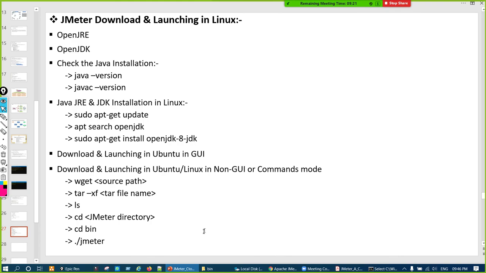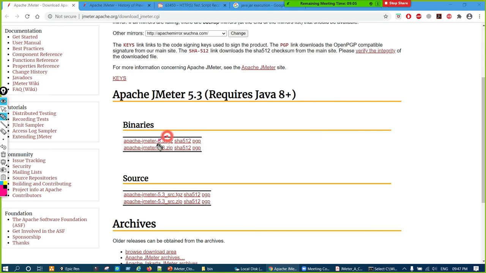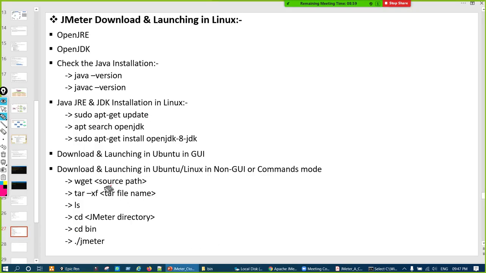And then after that we have to unzip it. Unzipping in Linux uses this command: tar -xf, and then the file name that you have downloaded. This is known as a tar file, tgz. After downloading, wherever the location is, you give the file path along with tar -xf, and that will be extracted out. Everything is simple.